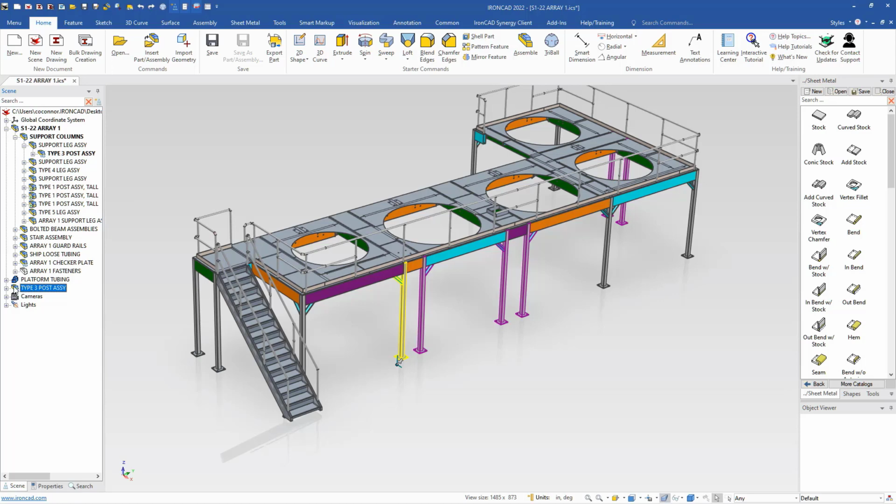So now you can go into the scene browser and do a Control-C or Control-X type operation. For example, we'll start with this platform tubing and we'll do a Control-X to cut that element, and notice it was this element here. And we can go into the scene browser and find the location where we'd like to